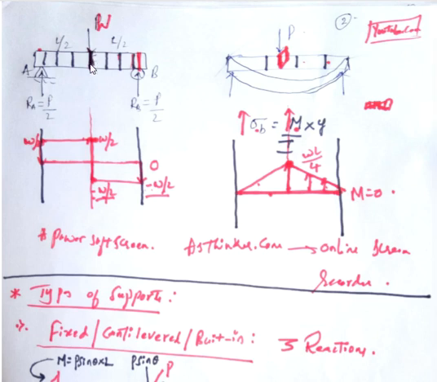Then how to determine which cross section is subjected to maximum bending moment and which cross section is subjected to minimum bending moment? That is done using a graphical method called as shear force diagram. You can see here, this is a shear force diagram for this beam and bending moment diagram. Okay, this is a bending moment diagram for this beam subjected to this load. Don't worry about how to draw this diagram. Let us focus on what this diagram tells us.